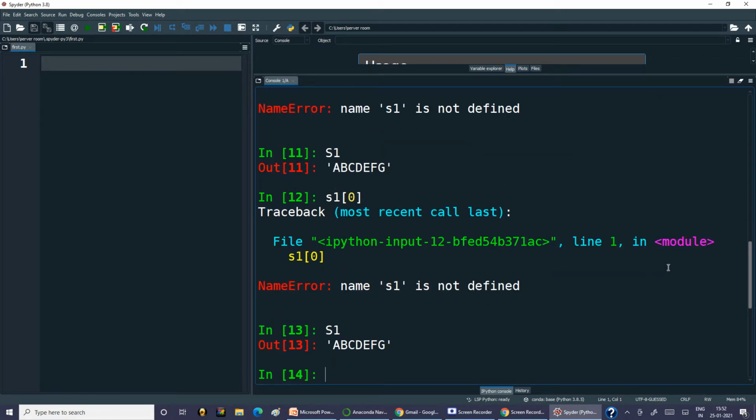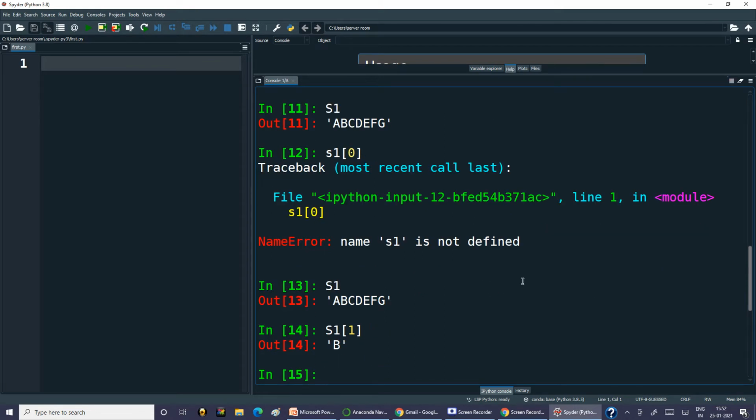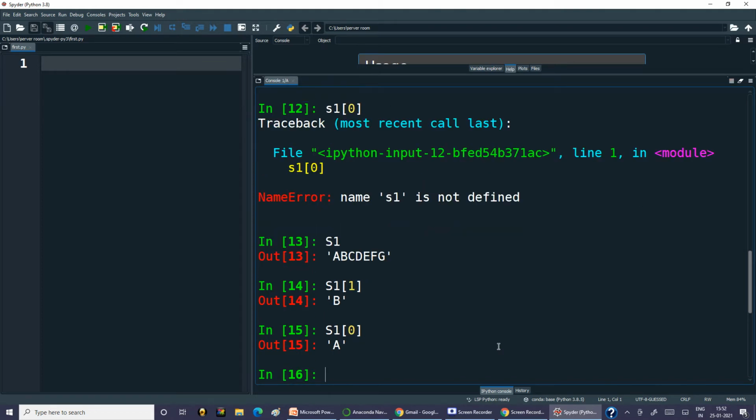So capital S1 is this, S1 is B, and capital S1 at 0 is A. So A is 0, 1, 2, 3, 4, 5, and so on. This is a sequenced data type, sequenced because it is taking an index. If I write capital S1 and then 0 colon 4,